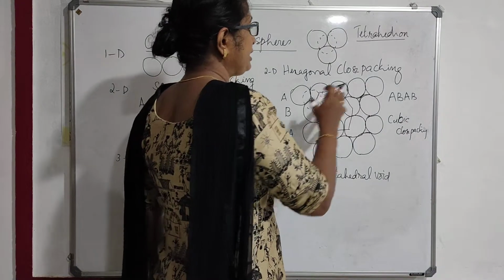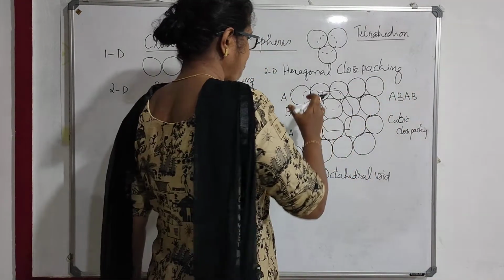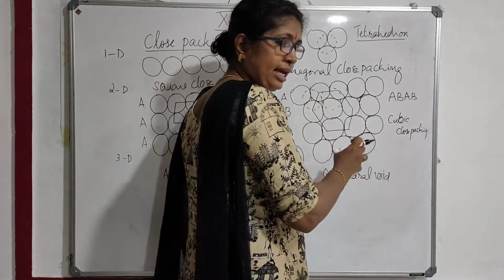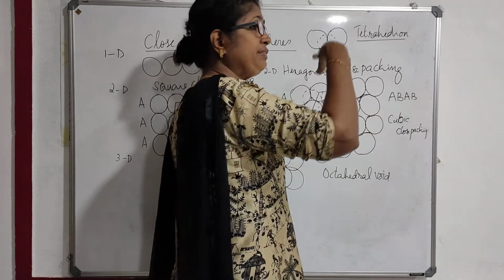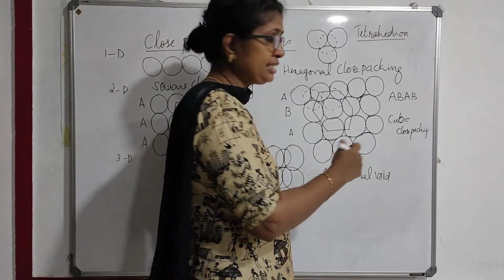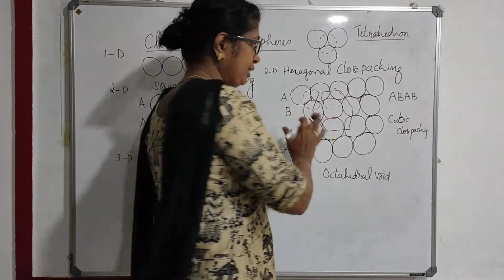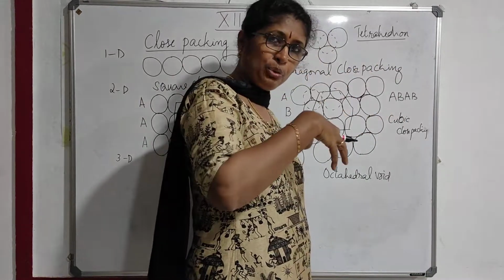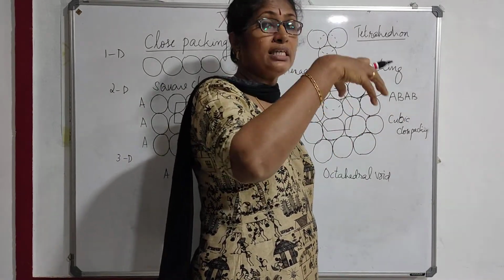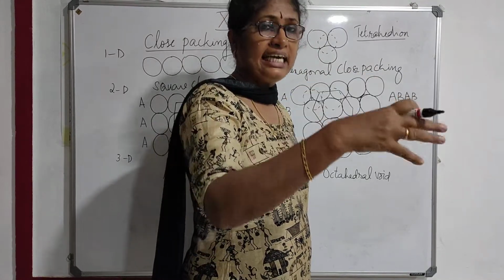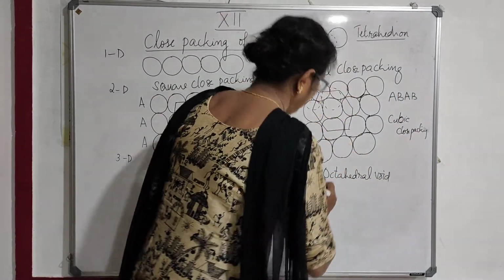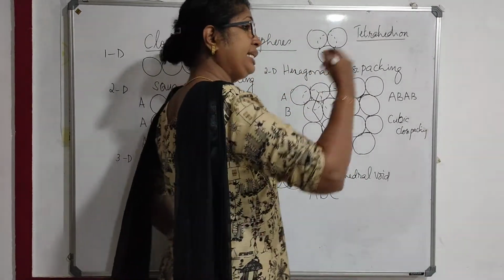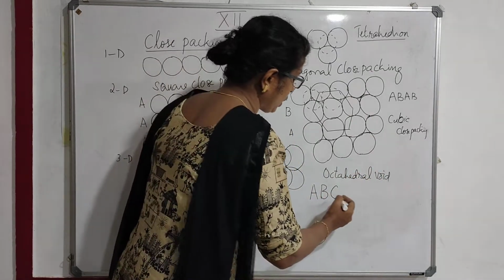Now this is AB type close packing. Now I kept A layer, first layer. Over the grooves I kept B layer. Again, in the grooves of the B layer I keep the third layer. That is called the C layer. So one layer vechu, hexagonal close packing la 2 dimension. Adinte modalle adinte groove like nammal B layer vechu. Adinte modalle nammal oru third layer vekkana, adinteyum grooves like, that is C layer. That is ABC type of close packing. A layer vechu, adinte modal B layer vechu, adinte groups like where third layer vekkunu, then it is called ABC.